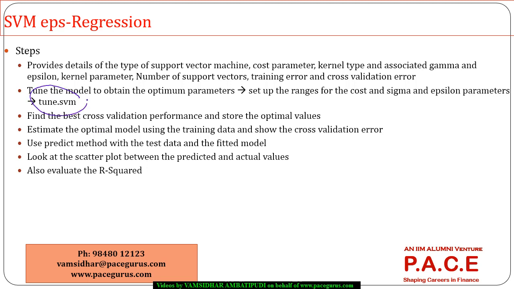I can also use the tune.svm, especially if I want to optimize the parameters of, let's say, gamma, epsilon, nu, cost, etc. I can very well do a tune.svm kind of a function, but of course it will take quite a good amount of time for execution, but that's a kind of an advantage. Otherwise I should try different combinations of gammas, epsilons, all the various parameters, and based on that I should run the model again and again and finally see in which case the R squared is coming out to be much more comfortable,